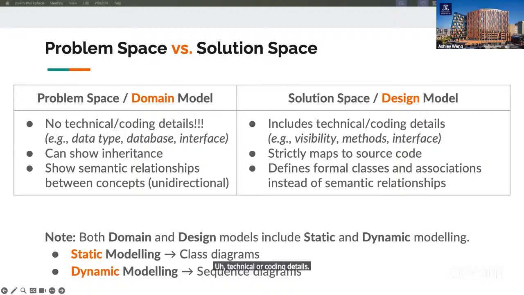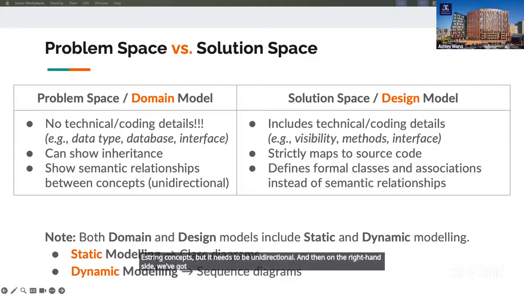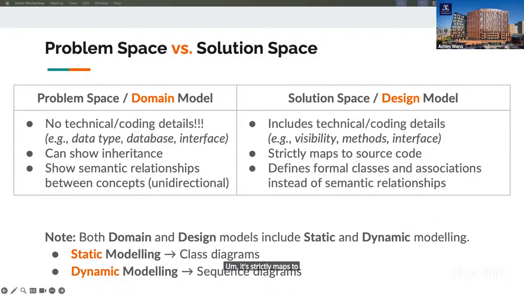It can show inheritance and semantic relationships between concepts, but it needs to be unidirectional. On the right-hand side, we've got the solution space, called the design model. It includes technical or coding details. It strictly maps to source code, and defines the formal classes and associations instead of semantic relationships.